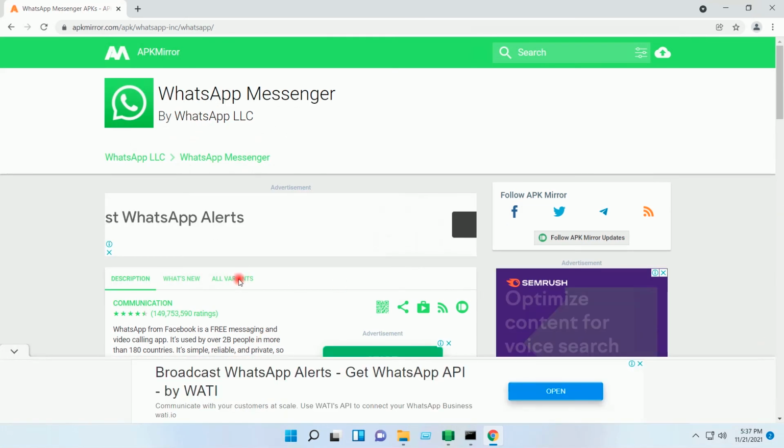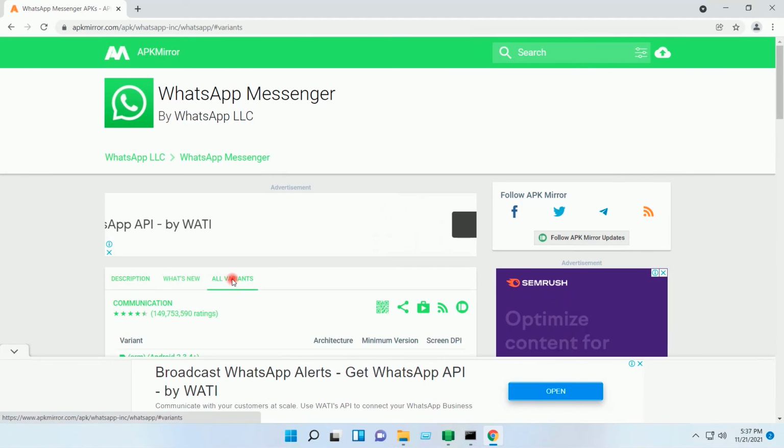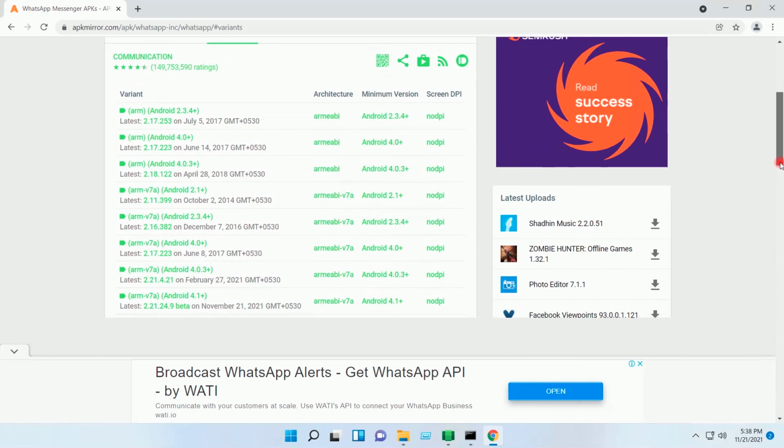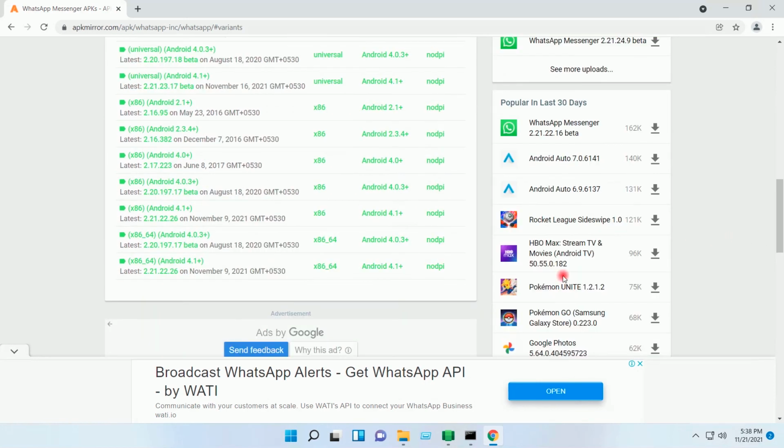All variants. I don't want the beta version, so I will click here.